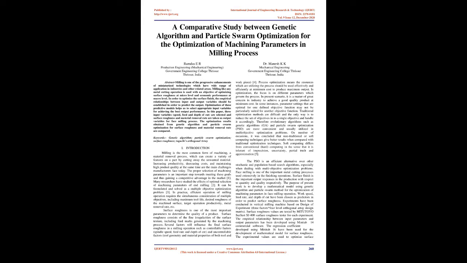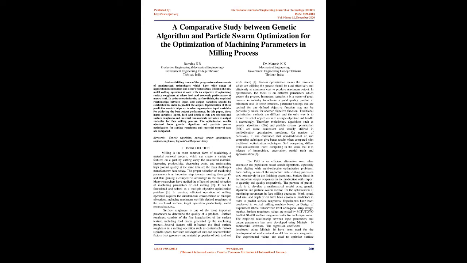other related areas. Milling, like any metal cutting operation, is used with an objective of optimizing surface roughness at micro level and economic performance at macro level. In order to optimize the surface finish, the empirical relationships between input and output variables should be established in order to predict the output. Optimization of these predictive models helps us to select appropriate input variables for achieving the best